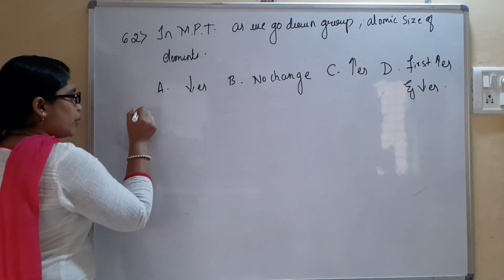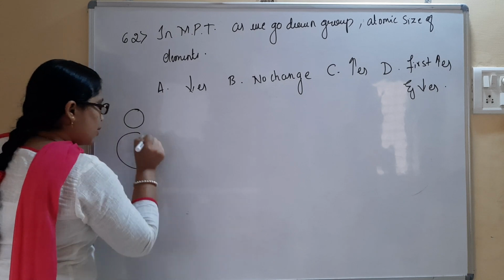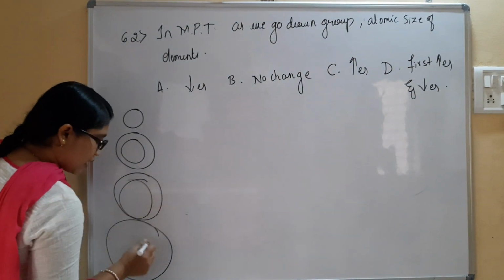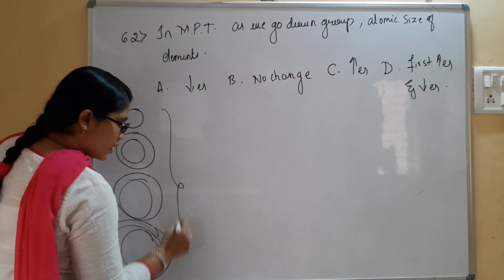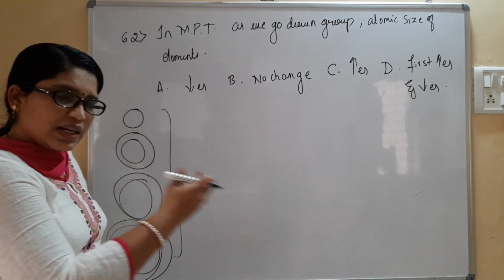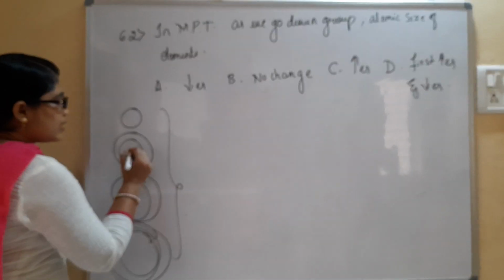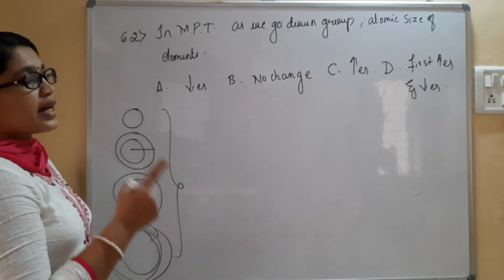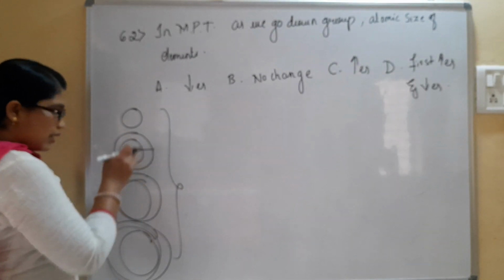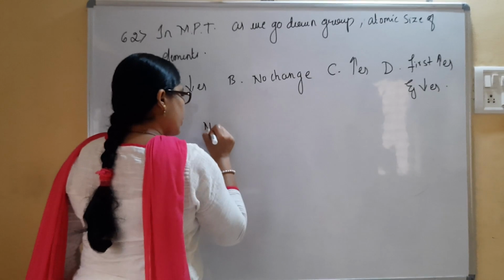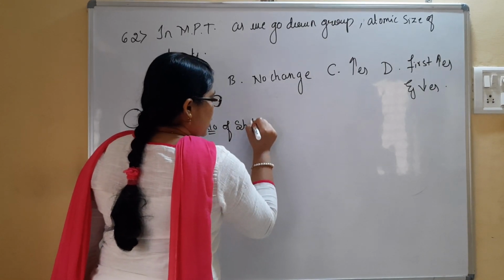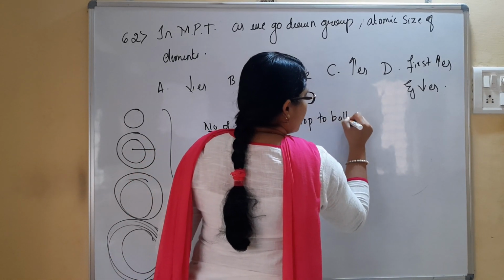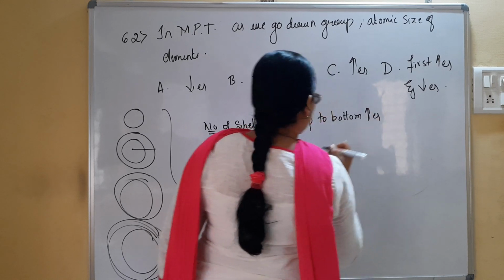So down the group, what will happen? This is my first element, second element, third element, and this is my fourth element. In the sense, the number of shells is increasing. As the number of shells increases from top to bottom, the distance is increasing. As the distance from the center to the outermost electron increases, I can say definitely atomic size increases. You can see here, the number of shells will be added, the number of shells increases from top to bottom, due to which